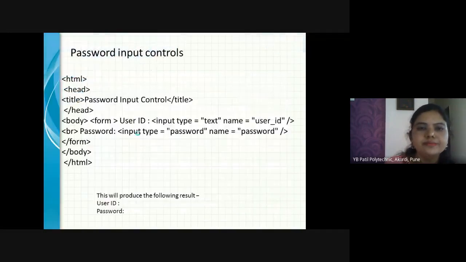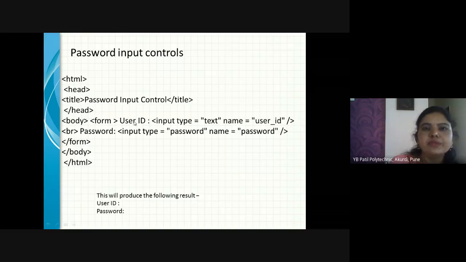Now the second one is the password input control. As I told you, the same template is there, I have just changed what? Here instead of first name, I have written user ID. Then instead of last name, I have written password. The input tag is the same. Your input type is equal to text and name is equal to user ID.